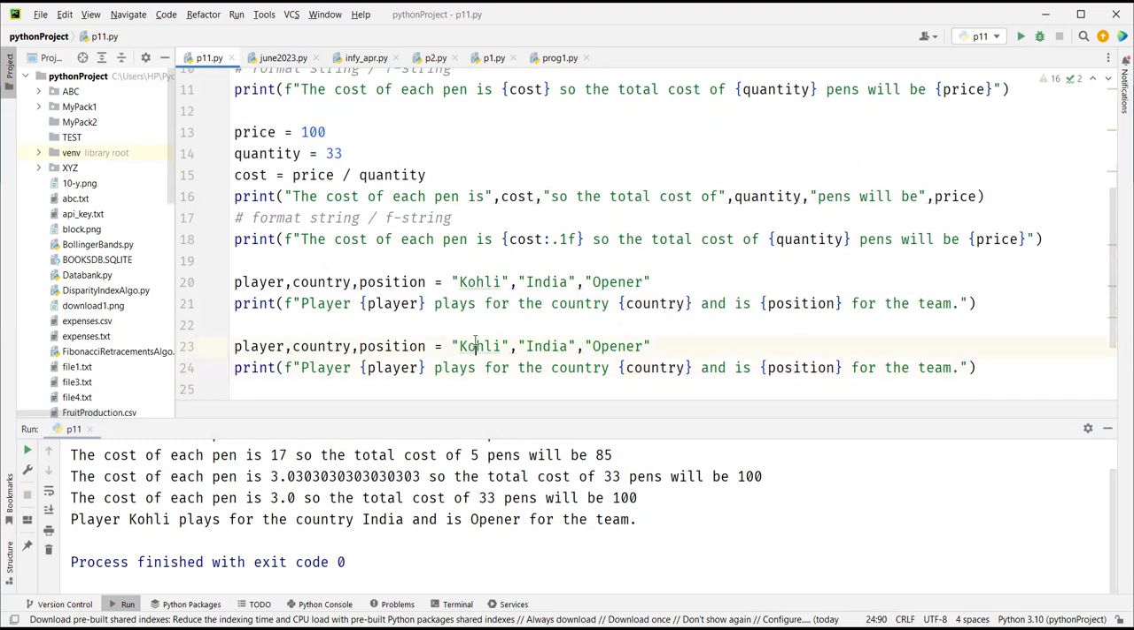Player, country, position. This time I want to use some Zimbabwean player. Let's say this is the guy, and let's say this is the country, and let's say he's a wicketkeeper of the team. Okay. Now when you print it,